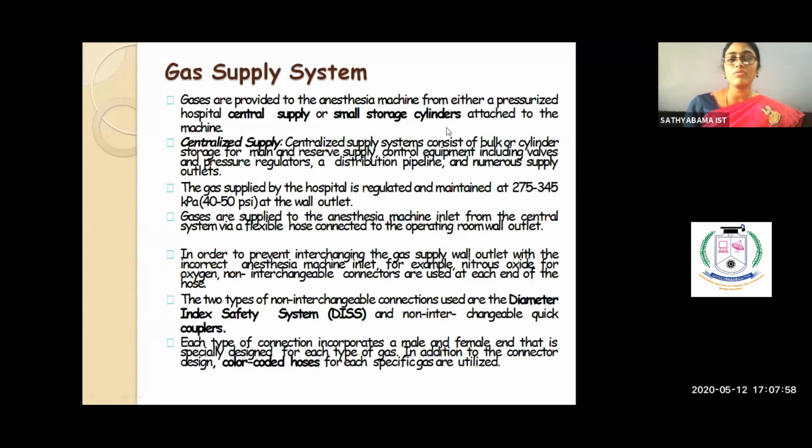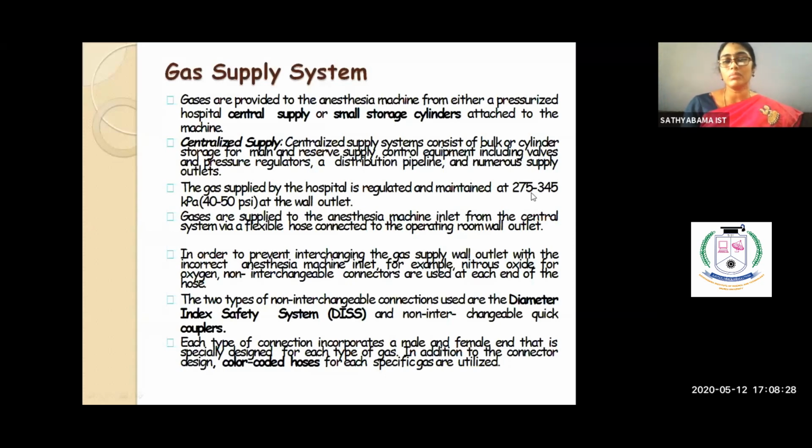Other than that, we'll have small storage cylinders. We've all seen those small ones which can be directly connected to your anesthesia machine, right? So the centralized system is done. I said we'll have valves there. You have particular valves on the tubes which will be going to your OTs, right? You'll have the pressure regulators, small pressure valves, and then different outlets. This is the major thing which you have to see.